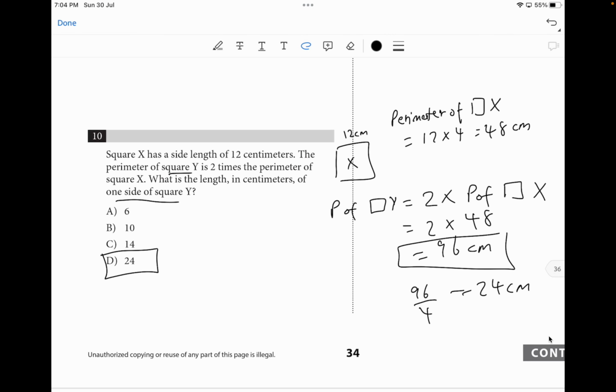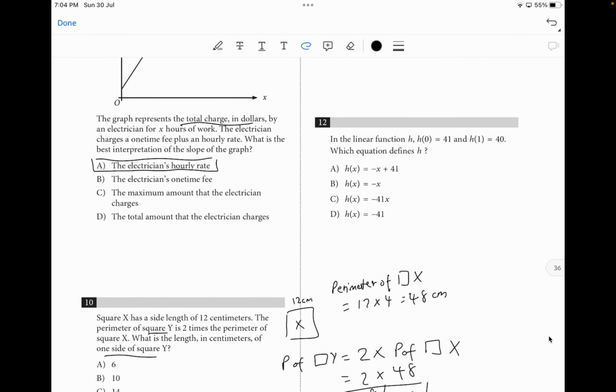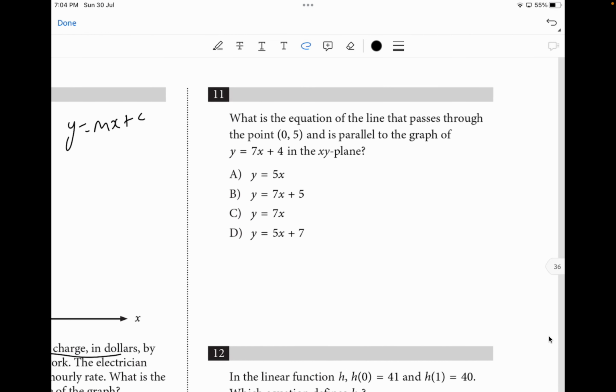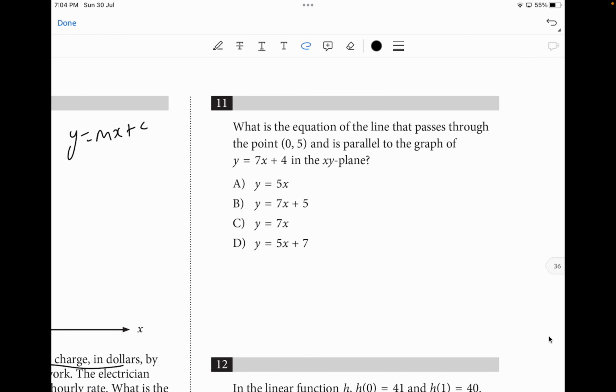It's going to be 24 centimeters. That's going to be one side of the square of y. Let's move on to the next question. Question number 11. What is the equation of the line that passes through the point (0, 5) and is parallel